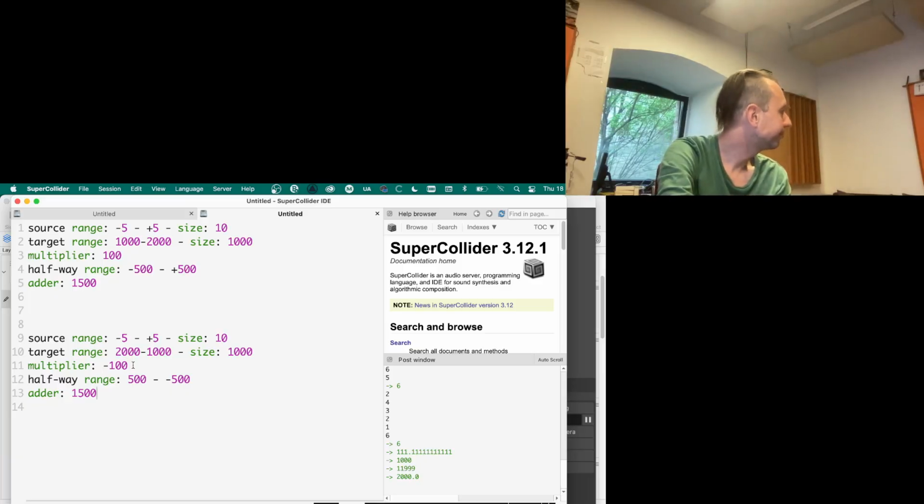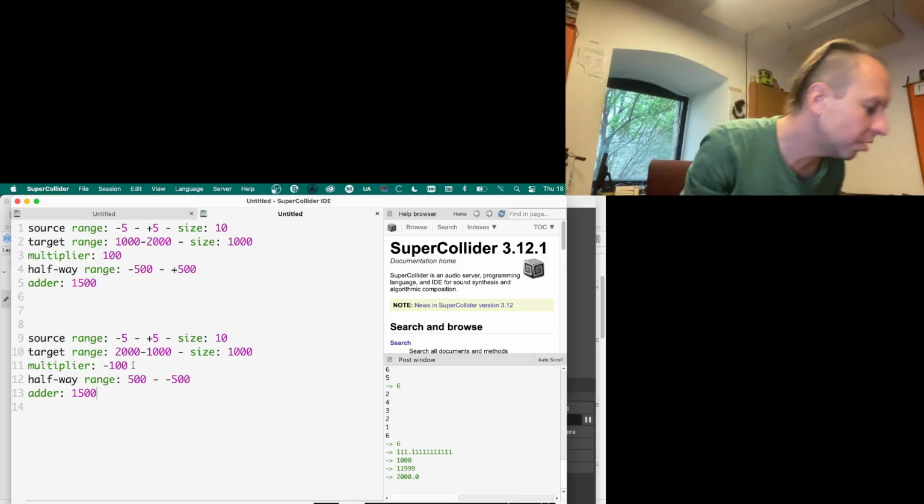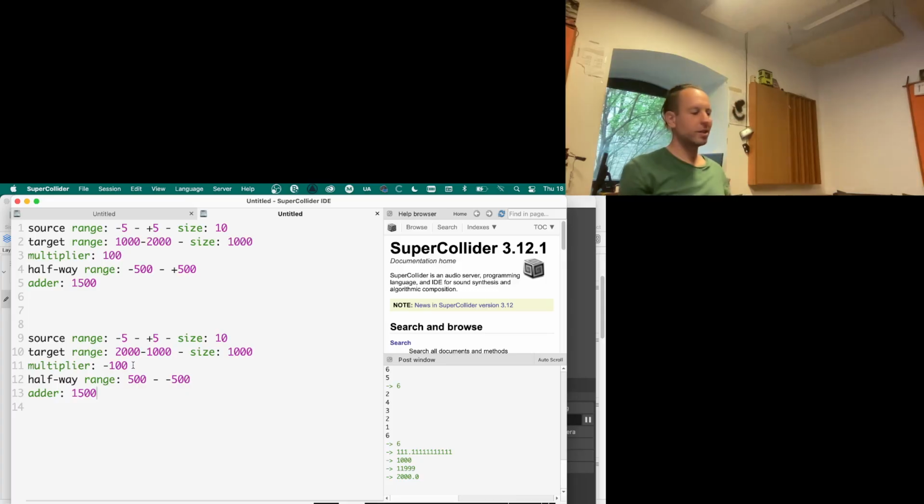Make sense? Cool. What I'm really after is you having a sense of what's going on, rather than, you won't do an exam with doing math like this. It's not the point. In MaxMSP, you have the object called scale, which would do something like this. You specify source minimum, source maximum, target minimum, target maximum. It does the math for you.